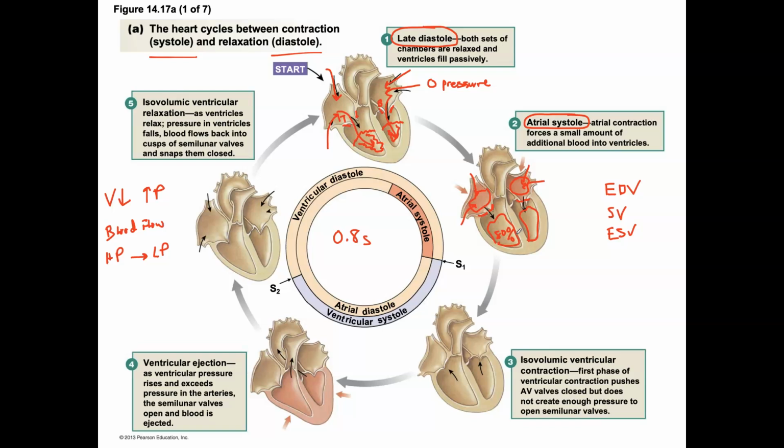So during atrial systole, the atria go through their contraction cycle. They're going to push, let's say, another 20% of blood into the ventricles. So we'll label that as another 20% of blood. So they're going to push about 20% of blood volume into the ventricles so that we maximize the filling